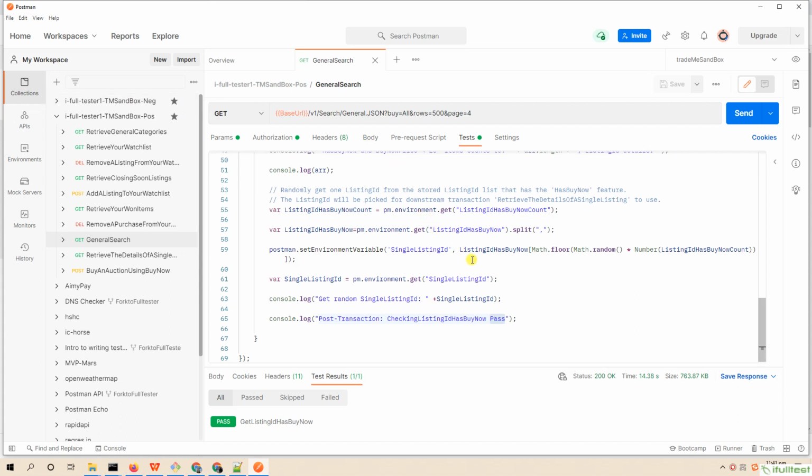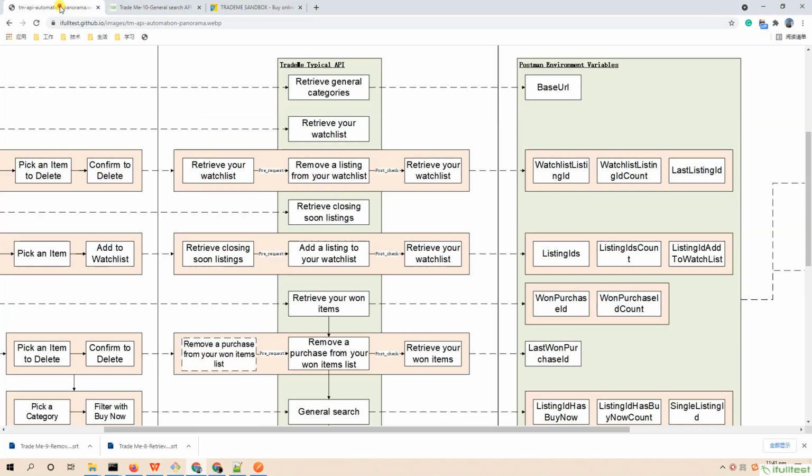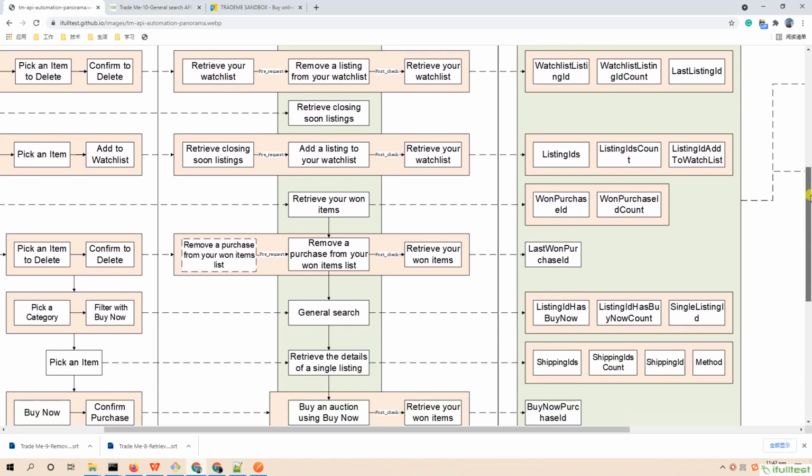Till now, we have gone through the API details, so let me wrap up this video. First, we assemble the request with authentication information. Second, we set the condition combinations to filter listing IDs that we wanted.